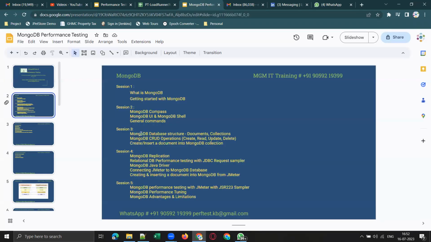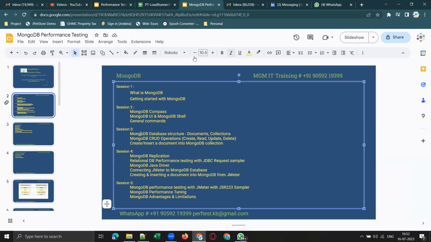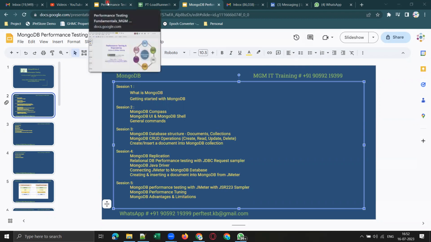In session 3, what I'm going to cover today is MongoDB data structure. As you can see here, this is the agenda for session 3: MongoDB database structure, where we'll discuss what documents and collections are, and how to perform CRUD operations on MongoDB. We cover CRUD operations as part of performance testing fundamentals